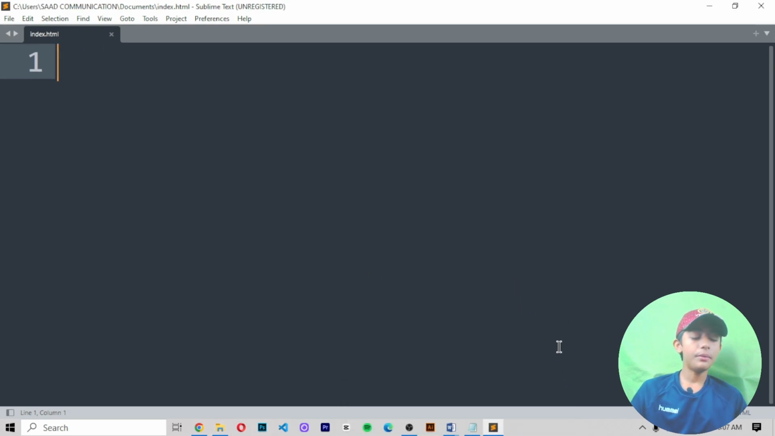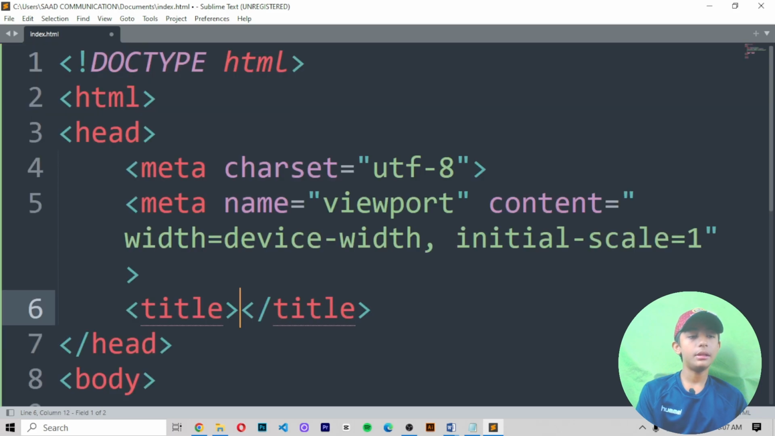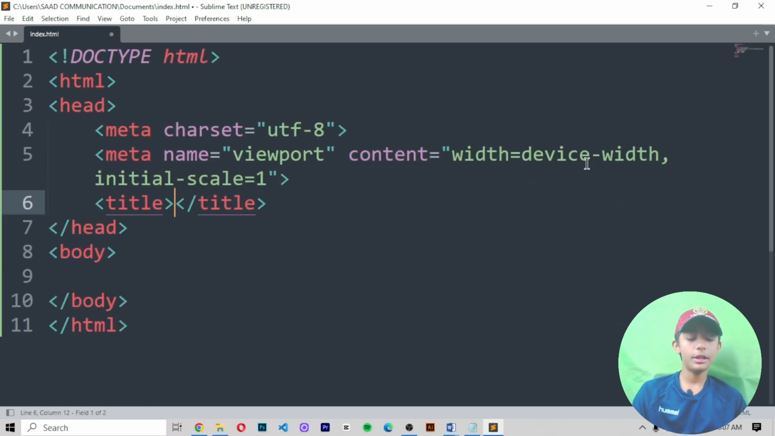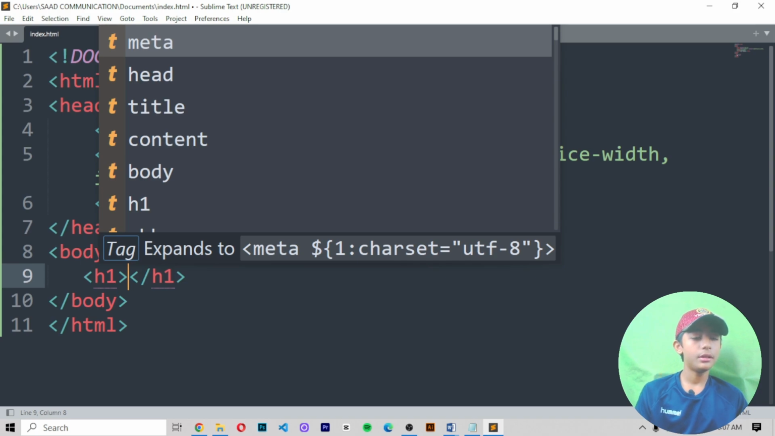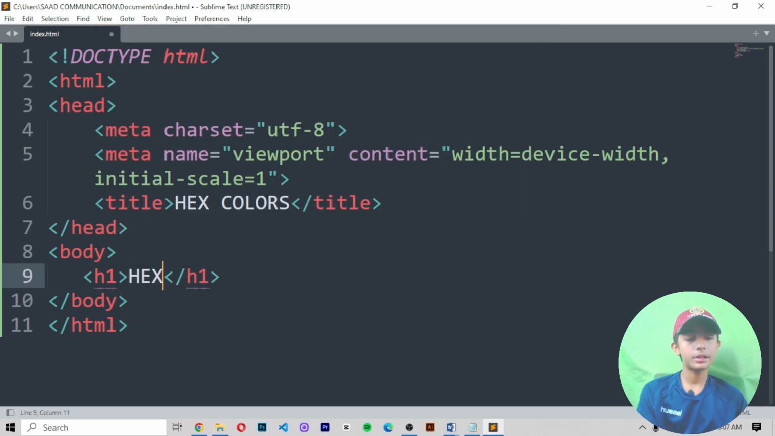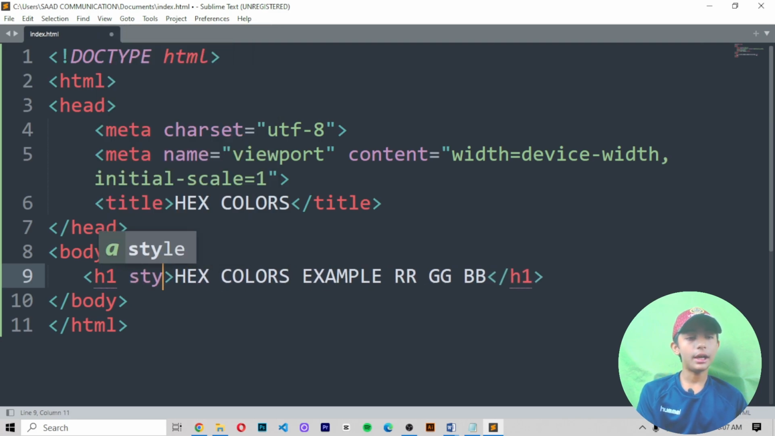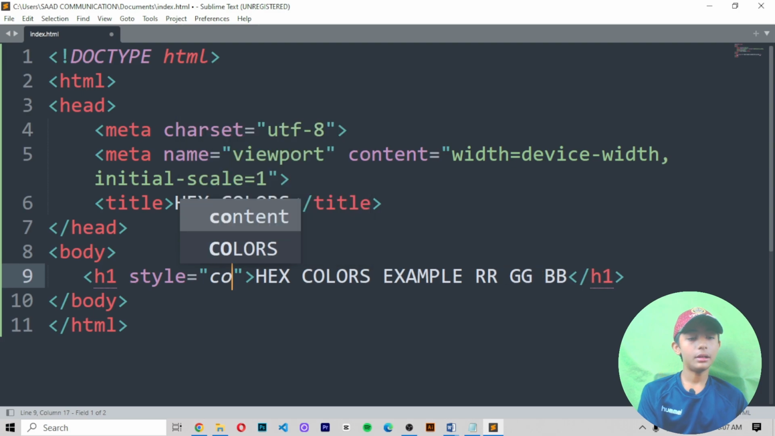So first of all, here we write HTML, then it comes. Here I am writing hex colors in the title. Now what can I do here? First of all, we define h1, and in the h1 I am writing hex colors example, RR, GG and BB. Here first of all I define a style and then colors,